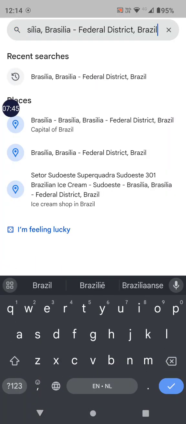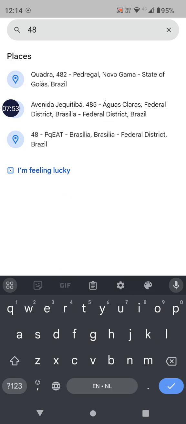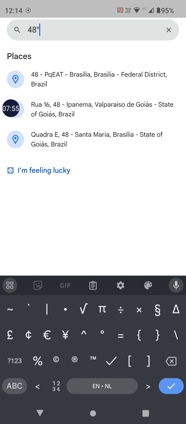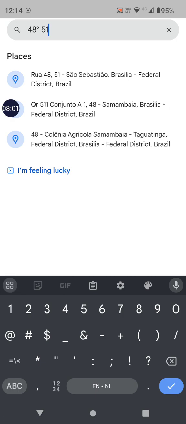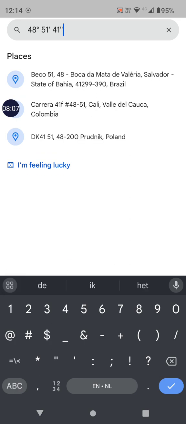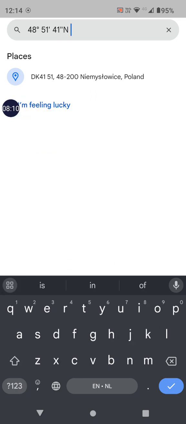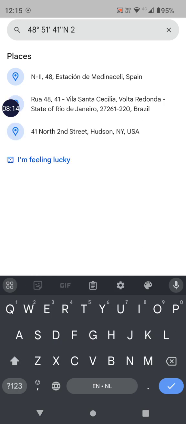Use the search button. Remove this. And the coordinates are 48, and then I need to indicate degrees, the symbol for degrees. You'll need to find that on your keyboard as well. And 51, and then the symbol for minutes. 41 seconds, and then the N for north, and then it's 2